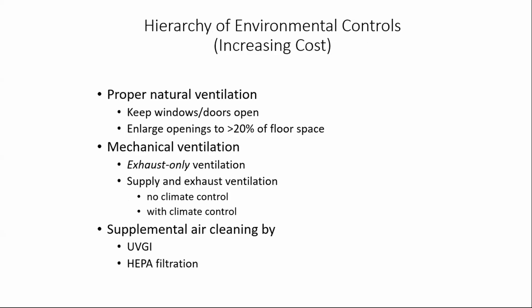सो अगर हम हायरार्की देखें कि कॉस्ट इफेक्टिव कौन सा है, तो सबसे कॉस्ट इफेक्टिव इज प्रॉपर नेचुरल वेंटिलेशन। अगर आपके विंडोज और डोर्स हमने खुले रखे हैं अपने वार्ड में, और जो डोर्स और विंडोज हैं इनका टोटल जो एरिया है, it should be more than 20% of the floor surface। दिस इज बेसिक। अगर आपने इतना कर लिया तो दैट इज वेरी सफिशिएंट। एयर एक्सचेंजेस आपके होने ही होने हैं। नेक्स्ट इज मैकेनिकल वेंटिलेशन। अगर हमारा नेचुरल वेंटिलेशन एडिक्वेट नहीं है तब हम एक्सॉस्ट फैन या दूसरे प्रकार के मैकेनिकल वेंटिलेशन यूज कर सकते हैं। और फिर नेक्स्ट इज सप्लीमेंटल। अगर इनसे भी नहीं हो रहा तो हम यूवी जर्मिसाइडल इरेडिएशन या हीपा फिल्टर्स यूज कर सकते हैं। नेक्स्ट स्लाइड प्लीज।